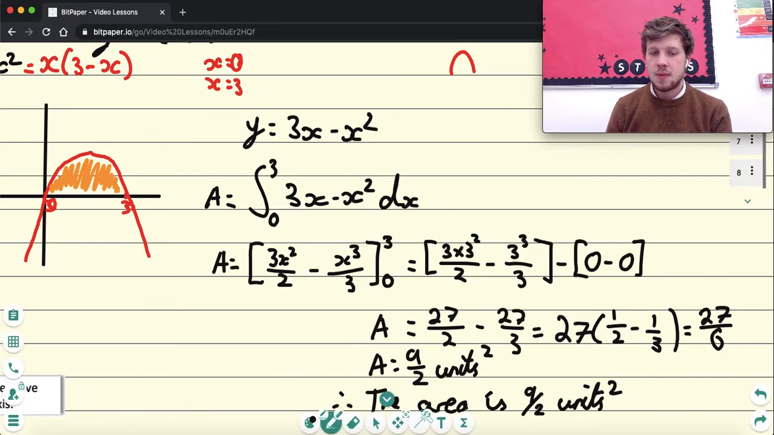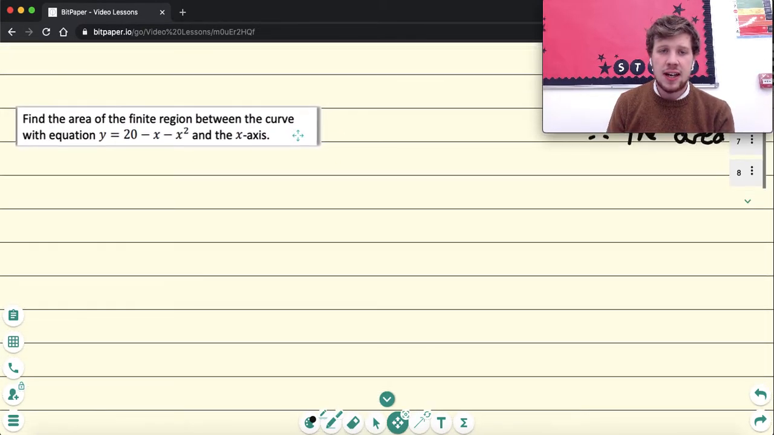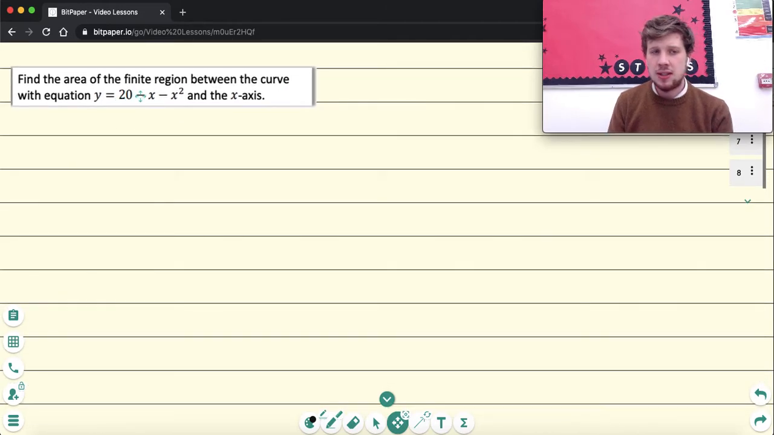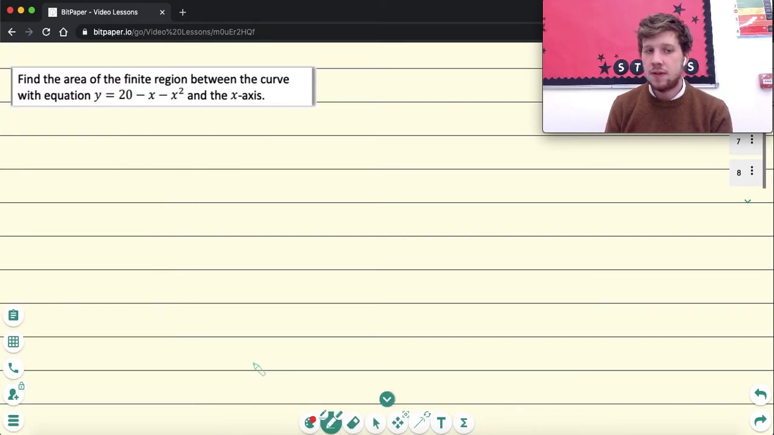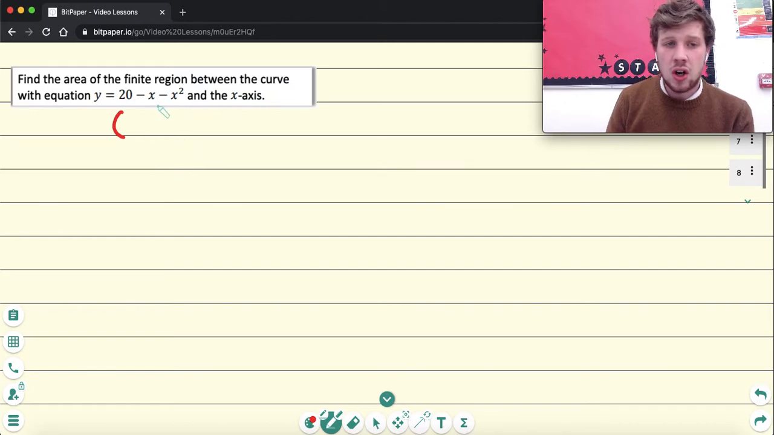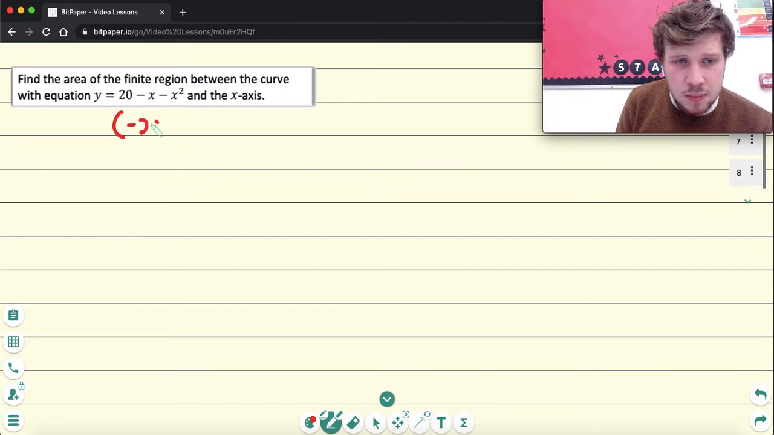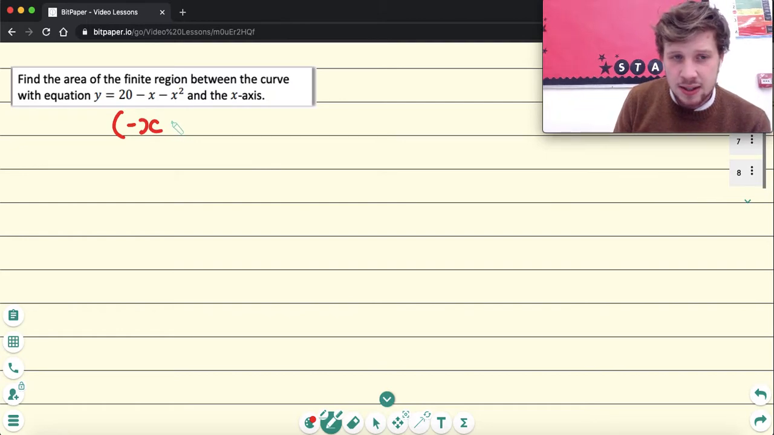Okay. So what I'd like you to have a go at is I'd like you to find the area of a finite region between the curve with the 20 subtract x squared and the x-axis, please. Okay. Once you've done that, the first step we're going to have to do is sketch this. So to sketch this, I'm going to factorize it, and we should find that we have a factorization of negative x, and then to make 20, I have to have positive 5 and positive 4. So it's going to be negative x plus 4,